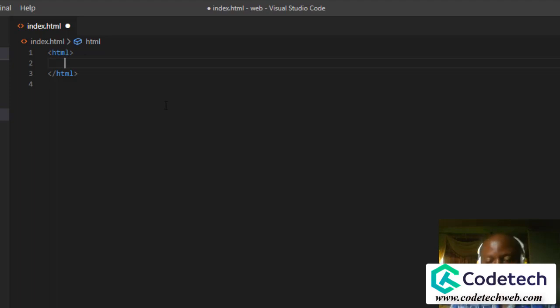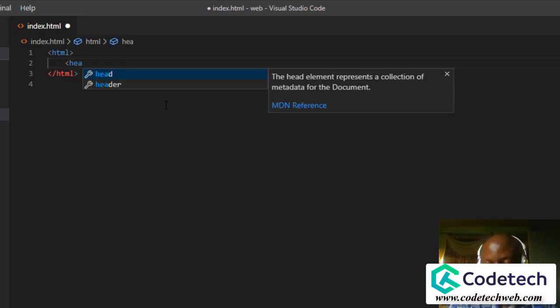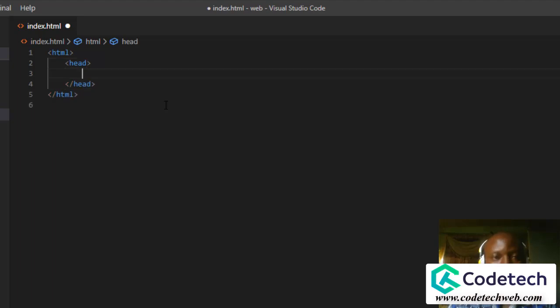Having said that, the next thing you want to do is to create the head tag. Okay, so what is this head tag? You can think of the head tag as representing the header part of your document. Okay, we are not talking about hypertext transfer protocol, we are talking about the document. So it represents the header part of the document. And what are those things you normally have inside the header? You will have something like link, in case you are linking to an external CSS, which of course we are not covering now, but the most important one we do want to cover at this point in time is the